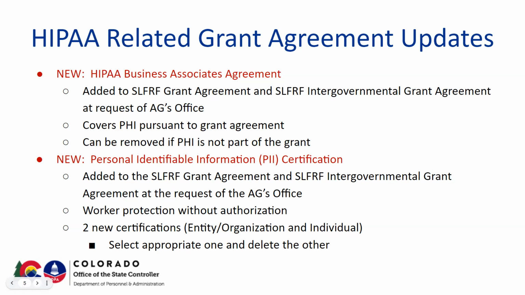So HIPAA was enacted in 1996, and prior to HIPAA, people could sell your personal health information for a profit, and all of a sudden you'd be getting solicitations from drug companies that sold the drug that would help you with your maladies. So the federal government decided that that probably wasn't a good idea and that we should protect that. So they passed HIPAA. PHI is essential to HIPAA. You get the protected health information.